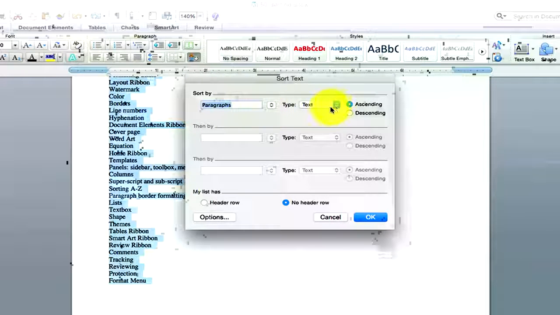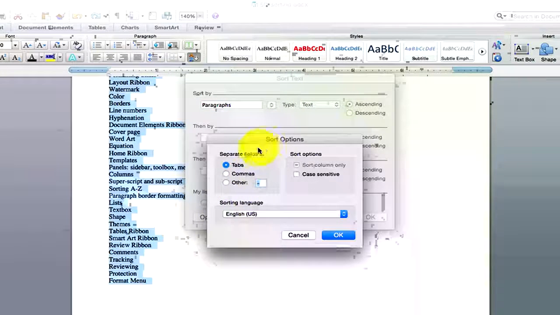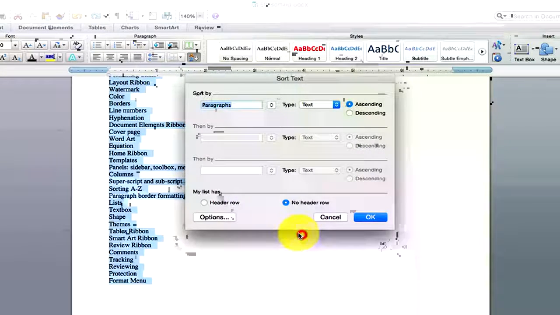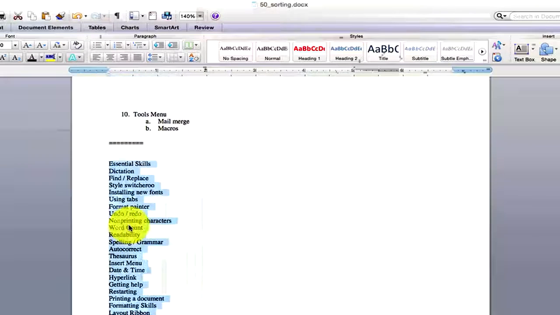Sort by paragraphs, type text. We have number, we have date also. Sort in ascending order. I have more options here, right? So if I had some other more complicated stuff going on, I could play with that. Does it have a header row? No header row. So a header row would be like if I had one item at the very top that was called my list, and then I selected all of this,